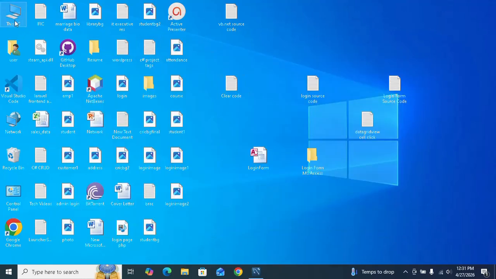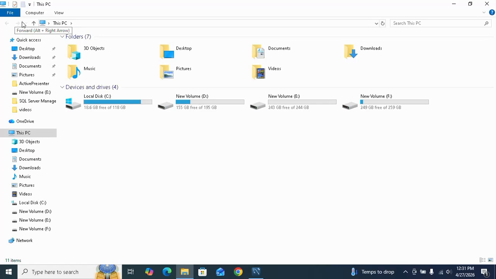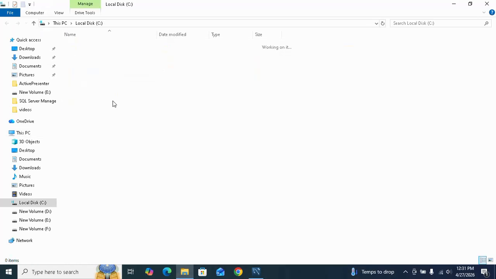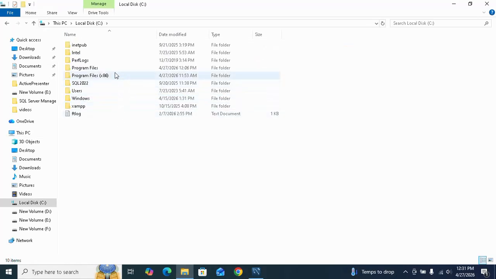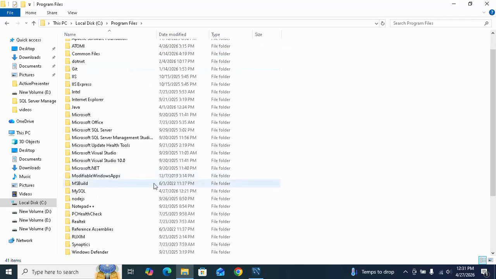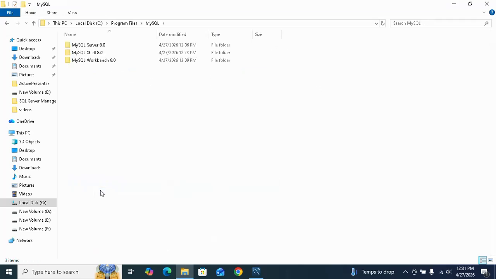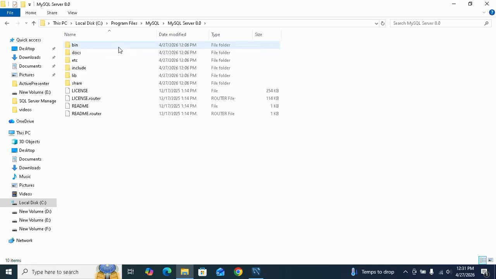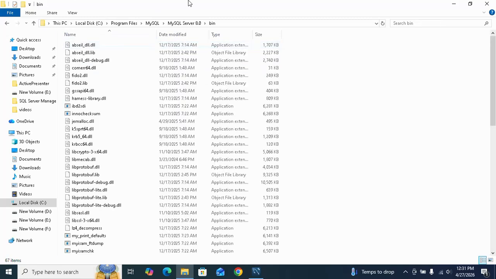Just go to your PC, then go to C drive, program files, then look for MySQL, then go to MySQL Server 8.0, then just go to bin, copy the address,